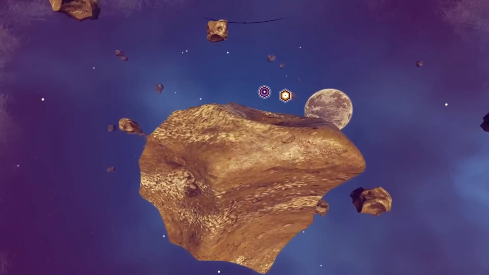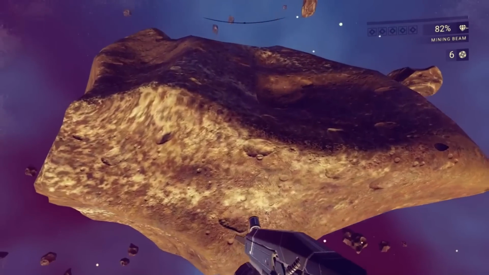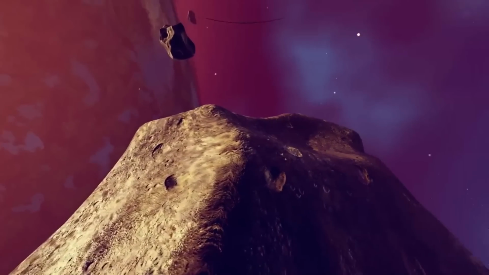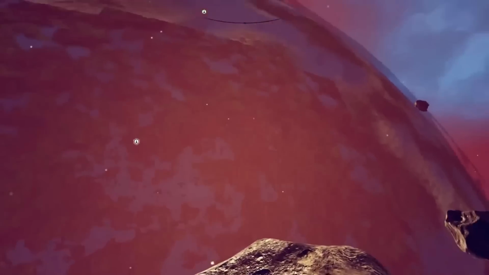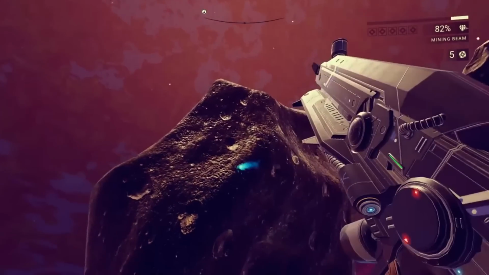Sixth on the list is the ability to land and mine asteroids. Some of the asteroids in this game get pretty big and definitely enough to hold several starships, not just one. Landing on asteroids would bring so much fun to the game. Players always like pushing the boundaries of gaming, so this type of feature is exactly what I would like to see in No Man's Sky,